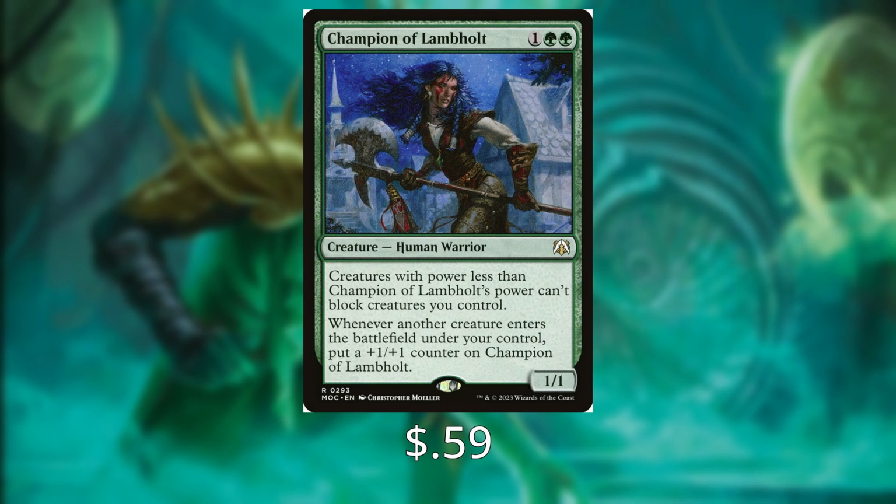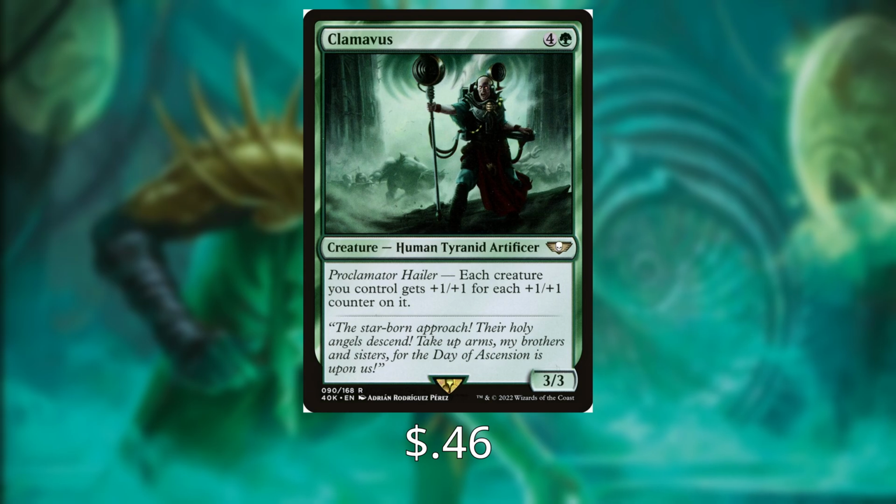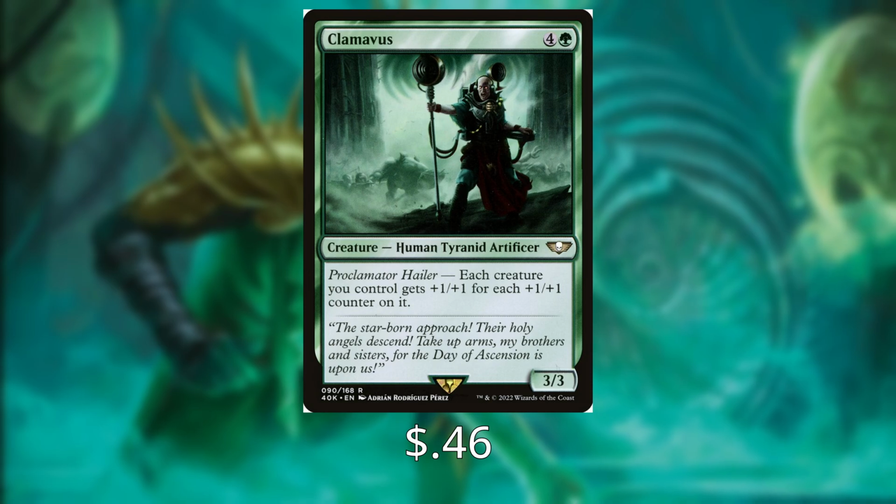So as long as she's getting buffed by our commander, we're just going straight to the face. We have Clamavus, or Clamavis. I don't know how to pronounce it, but you can see it on the screen. It says each creature you control gets +1/+1 for each +1/+1 counter on it. This in itself will essentially double the power of each creature we have, and it will get exponentially out of